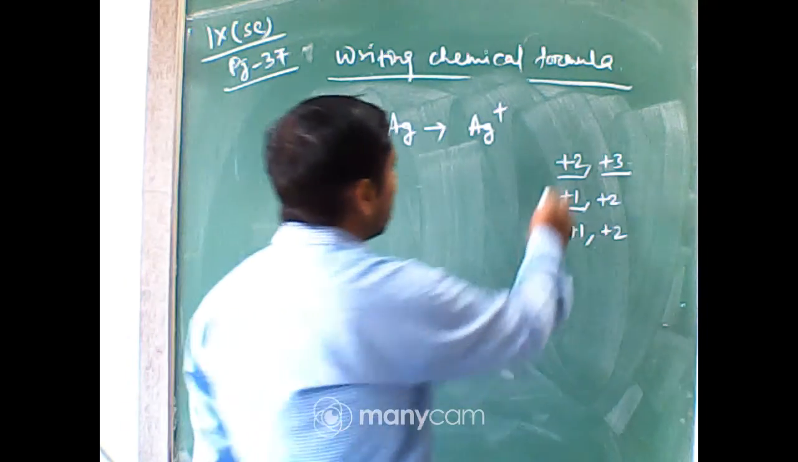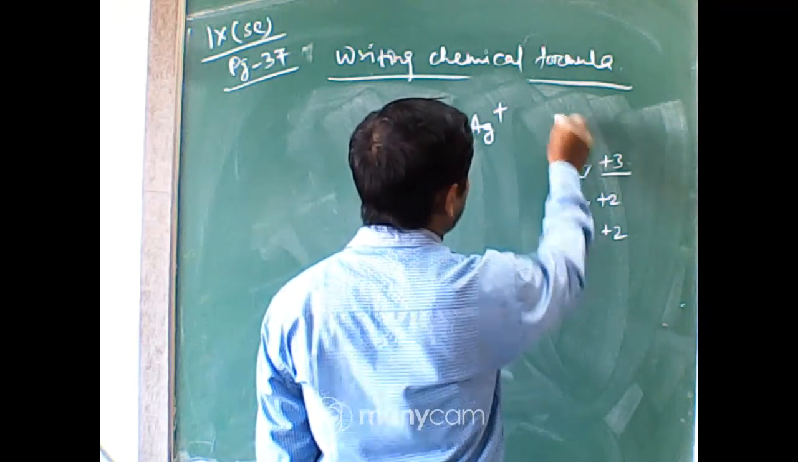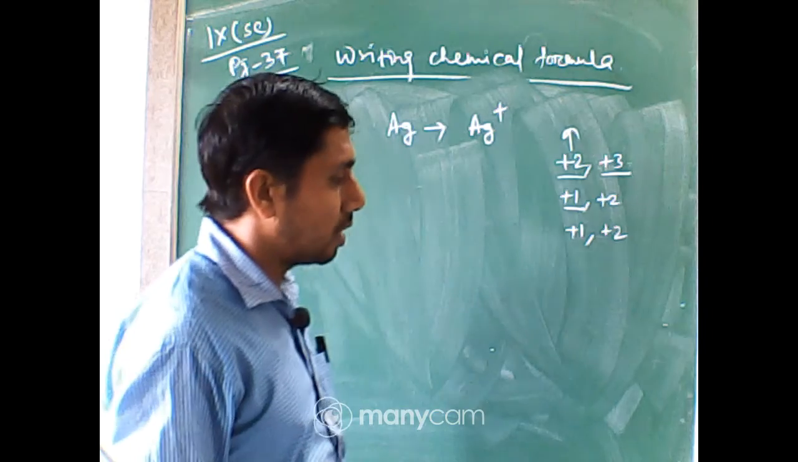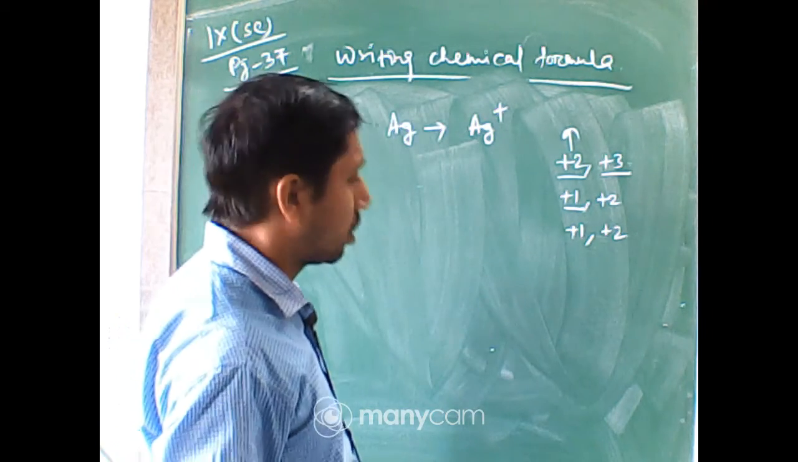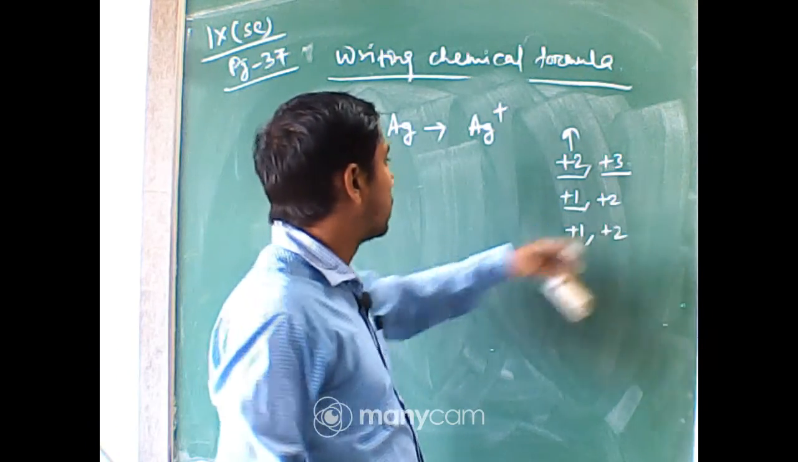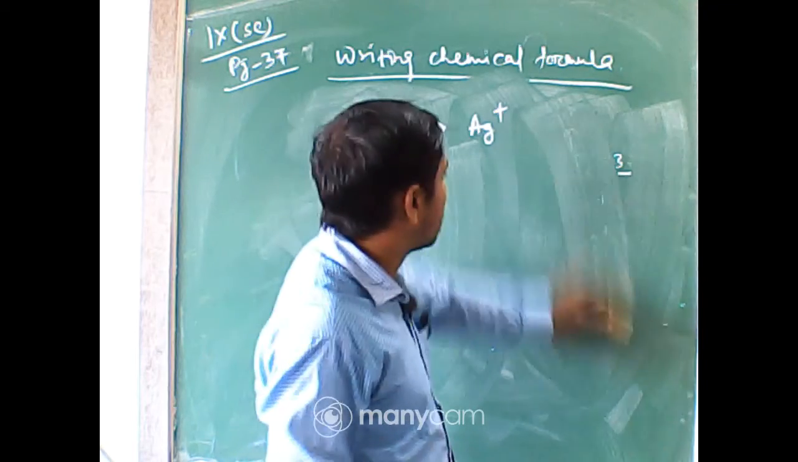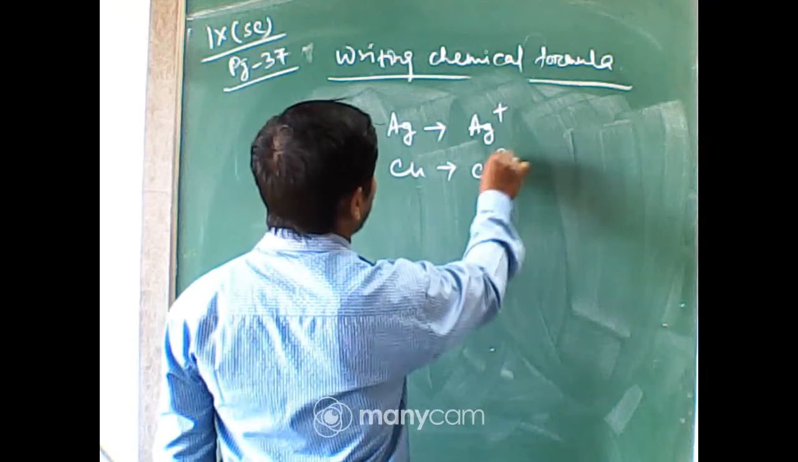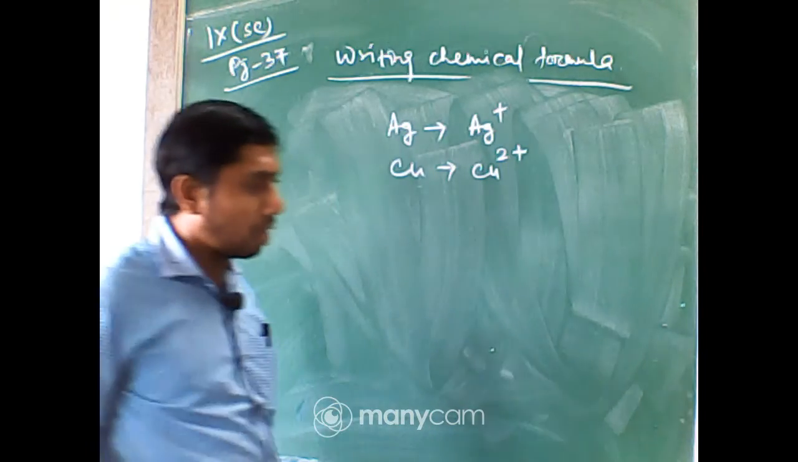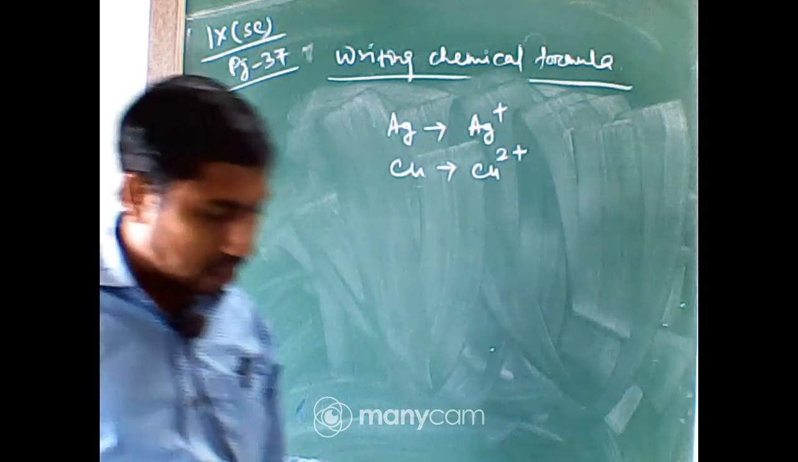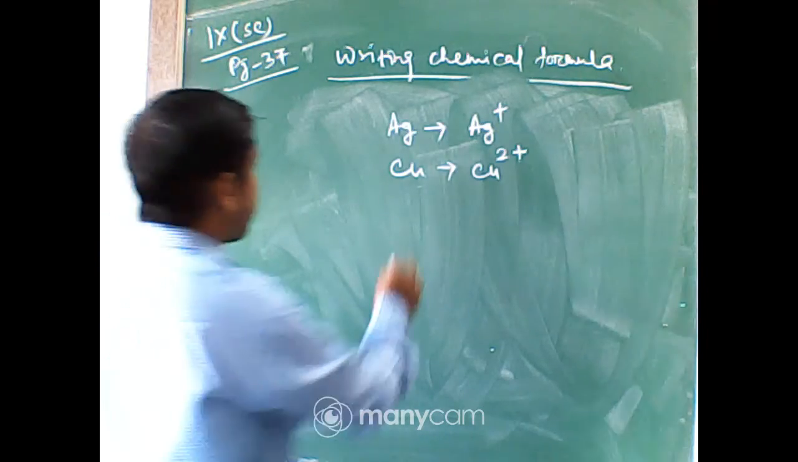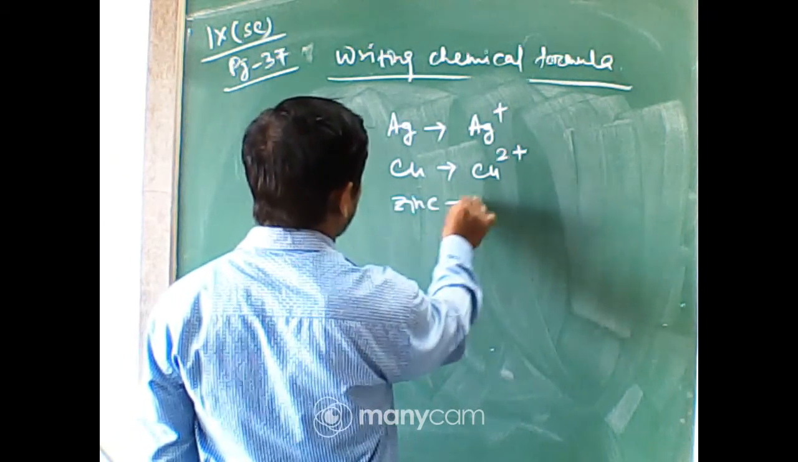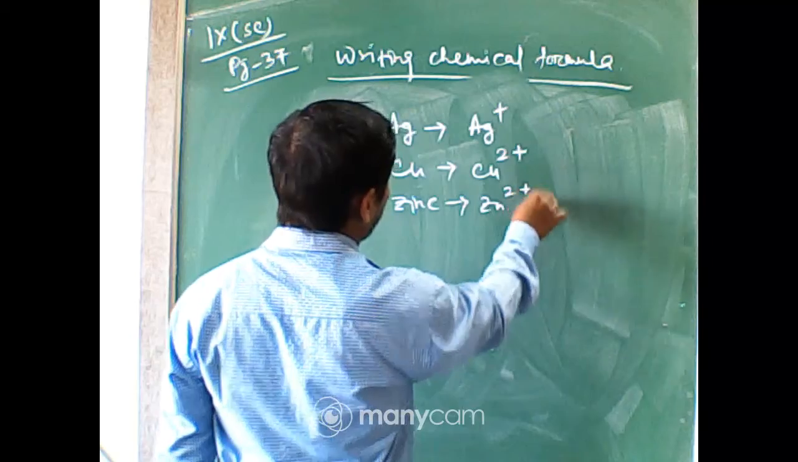The plus 2 state is called the ous complex, and the plus 3 state is called the ic complex, that is the higher oxidation state or higher valency. In the same way, copper forms copper 2 plus. Okay. So, another example, that is zinc, Zn 2 plus,